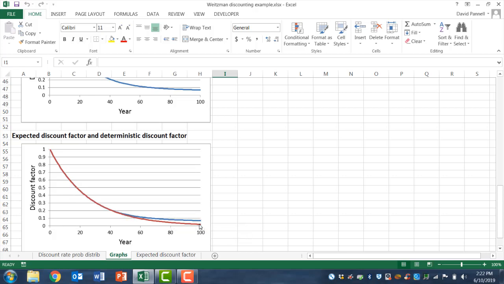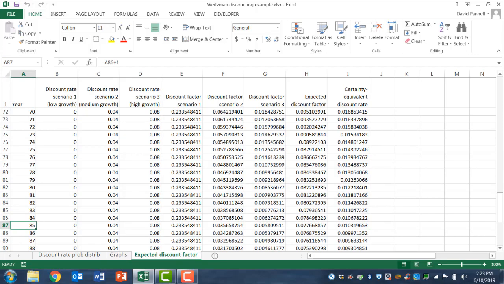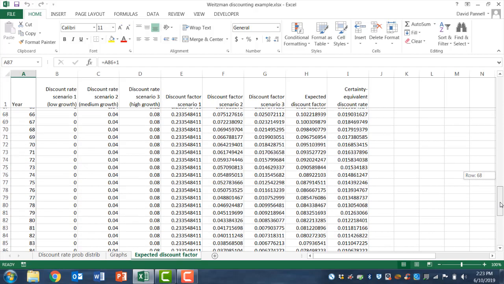So it means that for a benefit that occurs in about year 100, instead of discounting at about, what does that look like? Maybe 2%, it might count at about 7%. So the discount factor goes from maybe 2% to 7%. I'm guessing what that is. We can check what it is actually by going to the table. So in year 100,